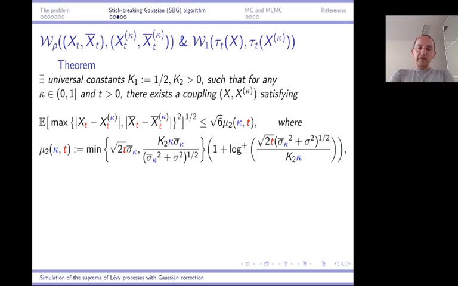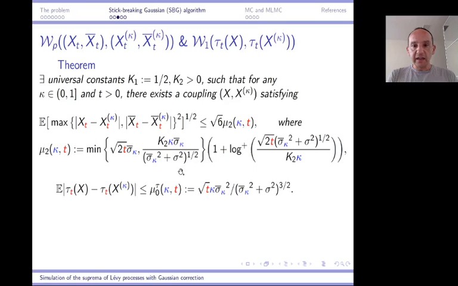It comes from the independence coupling. So here is the term that actually drives the rate typically, and here you see if I have a Gaussian component, I have a very good rate, because I have a rate which is kappa times sigma bar kappa. I can obtain a similar bound